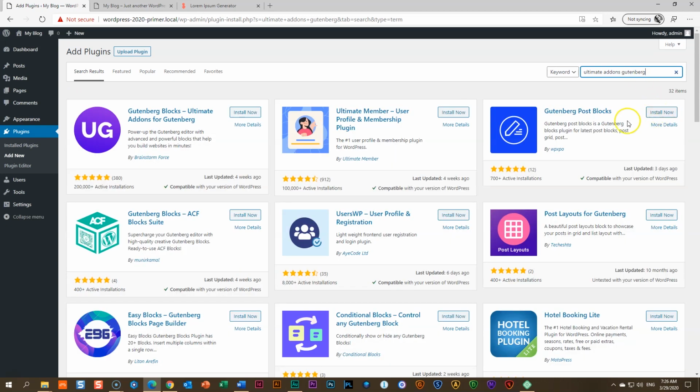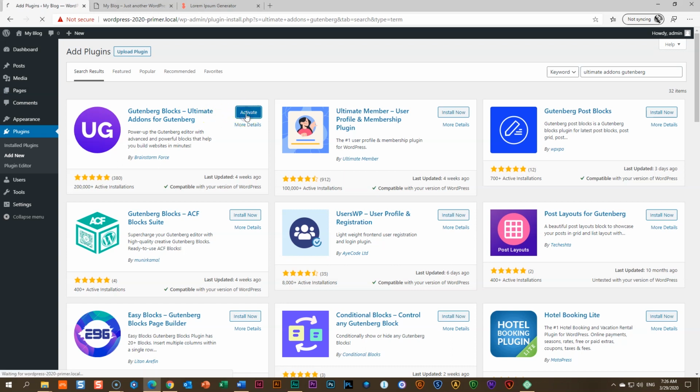WordPress will think a little bit and then it will return with a number of plugins that they think match your search. And the one we are looking for here is Ultimate Add-ons for Gutenberg Blocks by Brainstorm Force. This is the same guys who create the theme. So these add-ons to the Gutenberg WordPress editor are going to play very nicely and integrate very well with your theme. Two-step process, remember, you first have to install it, click on Install Now,